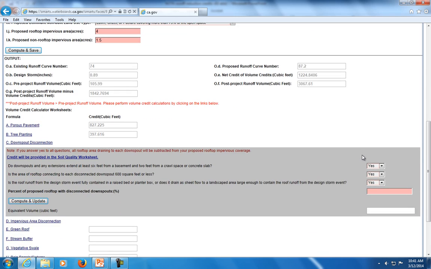So it's doing the real-time updates, and then it's asking you for the percentage of rooftop with disconnected downspouts. Let's say it's 100. Let's say we're overachieving here. We're disconnecting all the downspouts on this particular project. You don't have to enter an acre amount. When I say 100% here, the calculator is going up and referencing those 4 acres right up there, and it's taking 100% of that 4 acres. So if we compute an update,